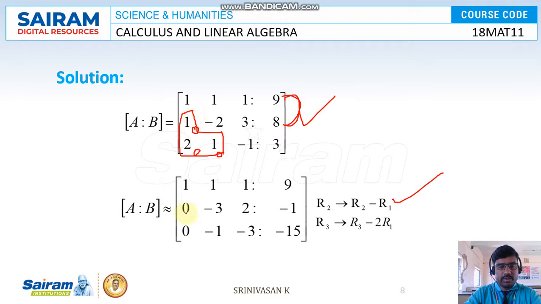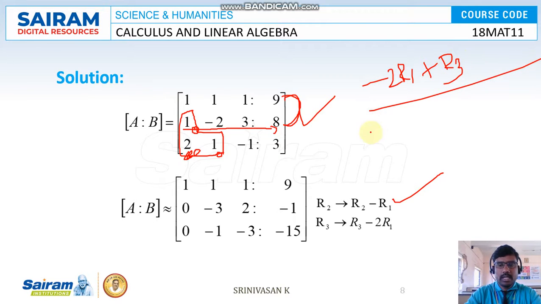Each and every element you subtract, we get 0, minus 3, 2, minus 1. So the entire row you can subtract. Clear? This is 0. Now come to the next one, here 2 and here 1. So I multiply minus 2 into R1, and after that I add R3. So in R3, I do minus 2 R1 plus R3. You can write R3 minus 2 R1, or you can write it like this, minus 2 R1 plus R3. It's our wish. If you do this, we get 0 in the first position, and in the second one also 0.